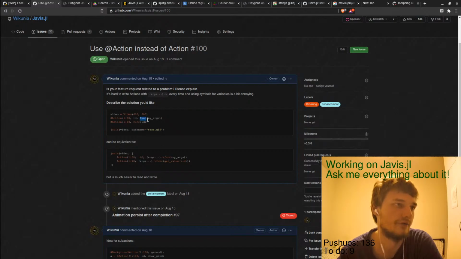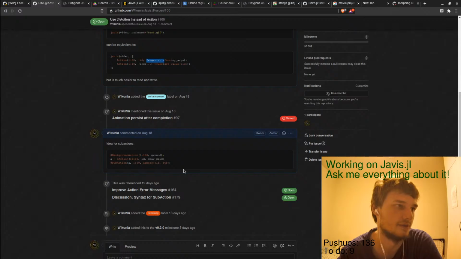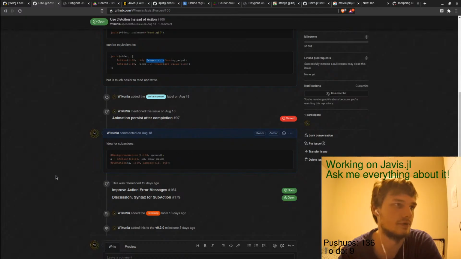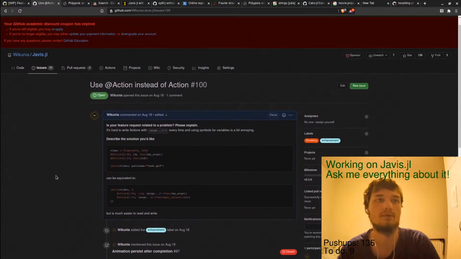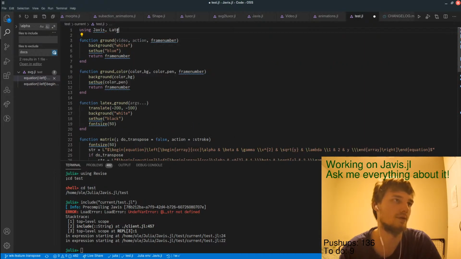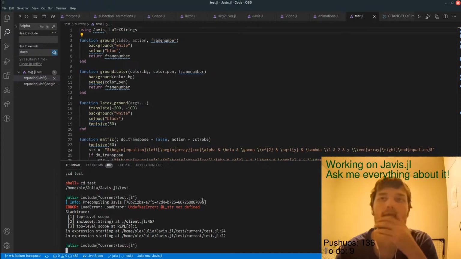So whenever we don't have a function for that, we probably just want to have this included in the macro. Should make everything much easier. And yeah, I think this one is nuts. Oh, yes, LaTeX strips. But let's fix this one first.